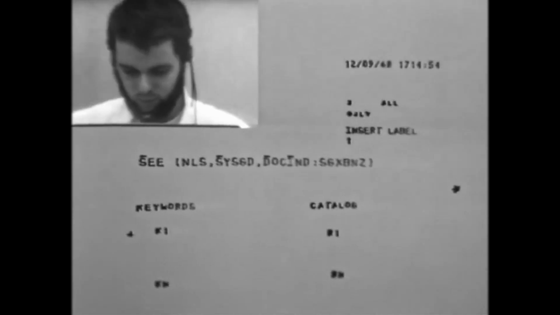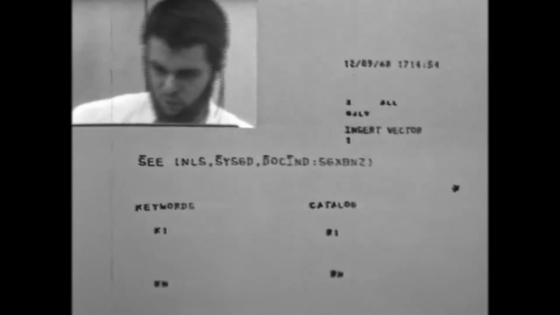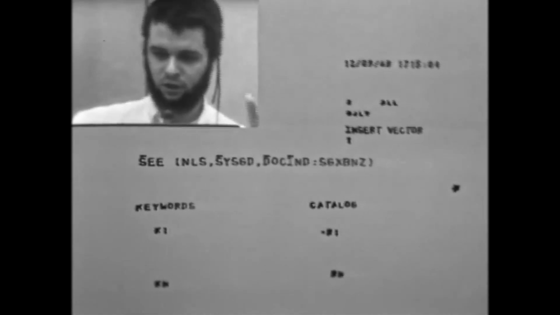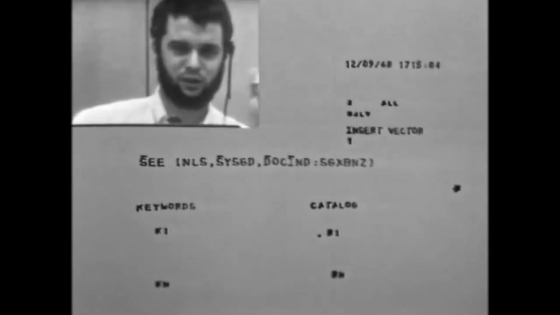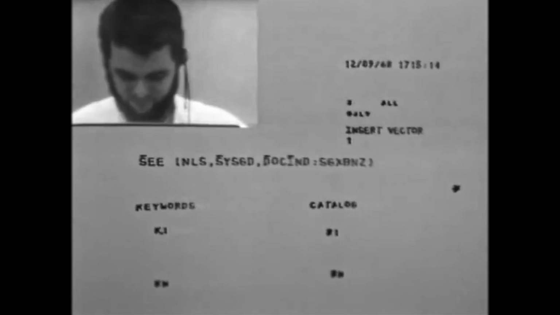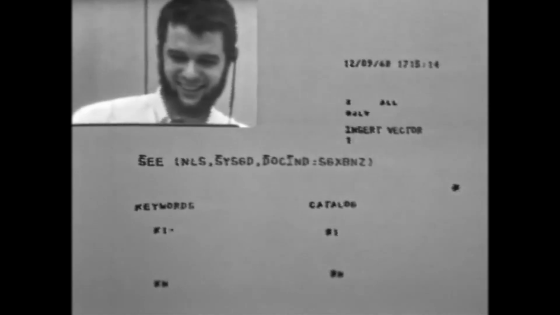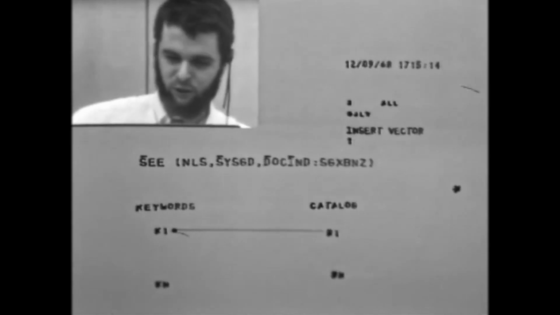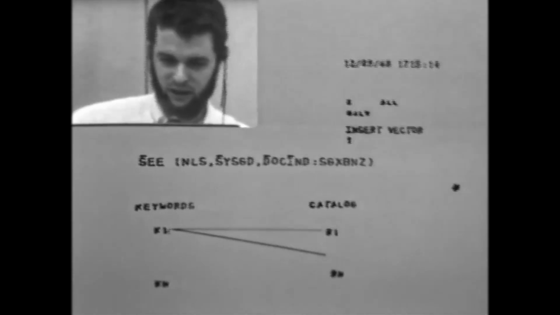What do the R's stand for? Those are the numbers that are used, just like serial numbers. That's my own Dewey Decimal System. Oh, you mean reference 3, reference N, something? All right. And then the K, I guess, would be keyword, huh? That's fine. Each keyword, then, will point to various items in the catalog.